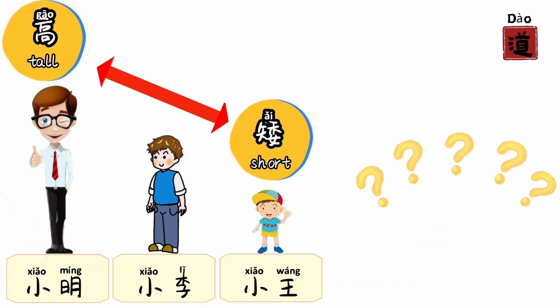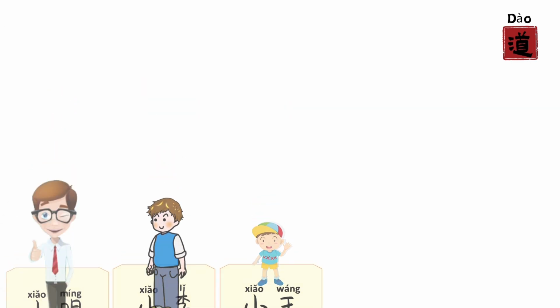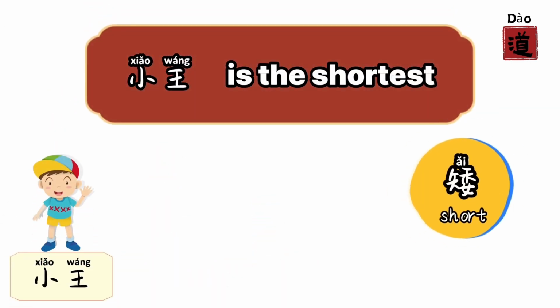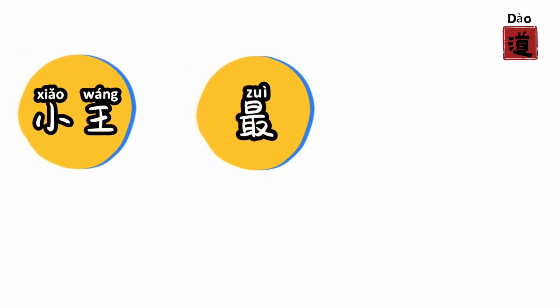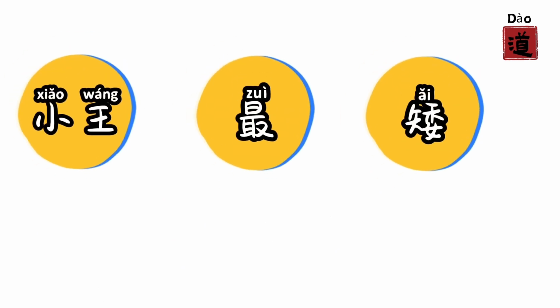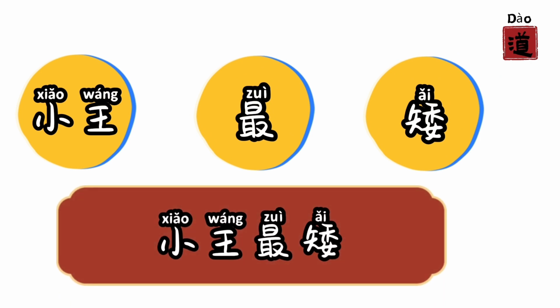Who is the shortest? Yes, 小王 is the shortest. Try to complete the sentence with 最. I believe you can do it. 小王最矮。